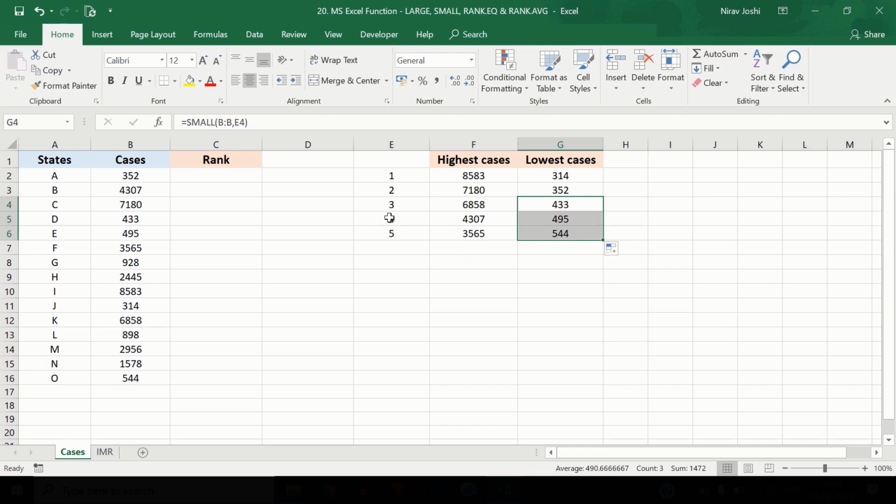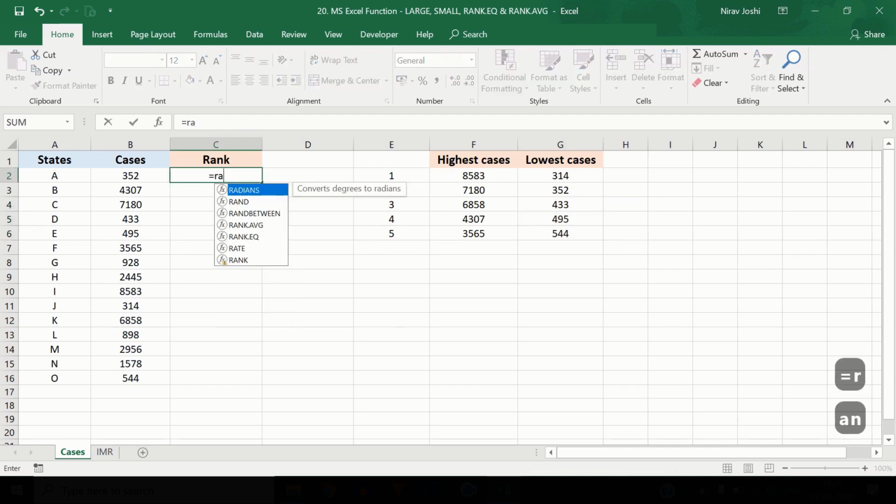Now what we are here doing is we are getting the data based on the level of the value, whereas here we are assigning rank to this data. So it is similar to this function only, but right now we are providing rank here rather than finding out the value as in this example. So for that, we can take the function rank.